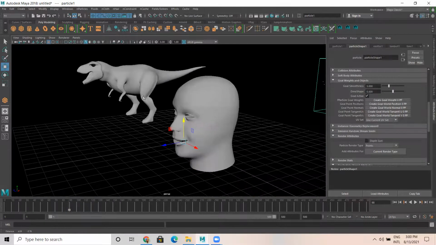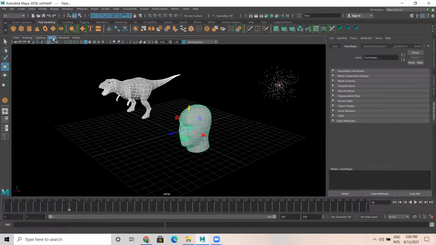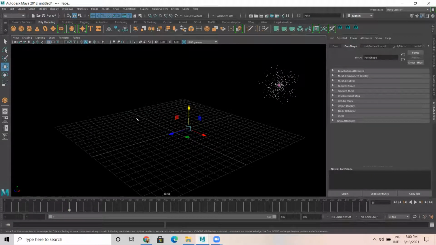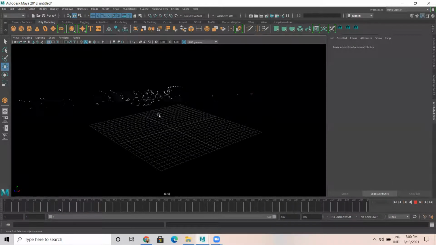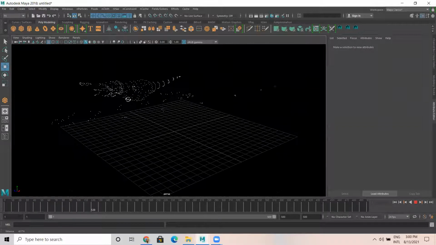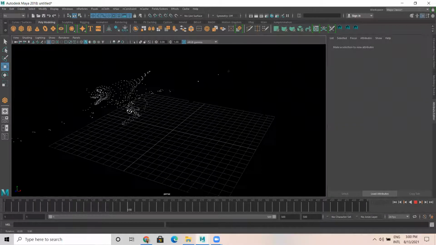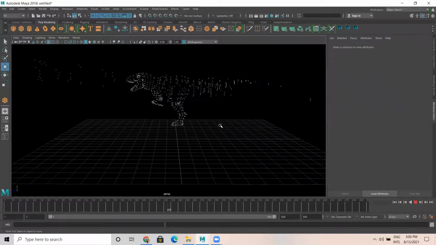Now what I'll do, I'm gonna turn off the polygons here. So let's play. Let's see how does this look. Now you can see, I think it's forming into some shape and it is taking its own time. Okay. Why?